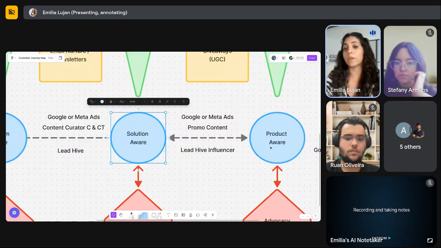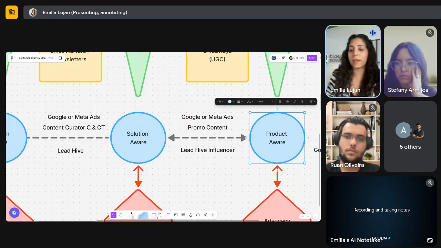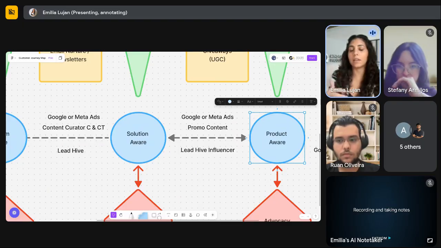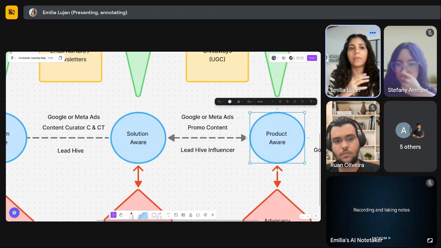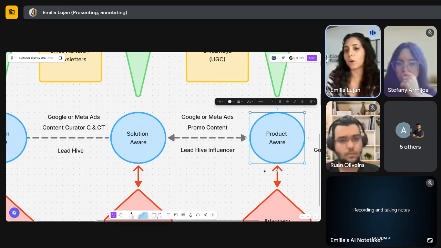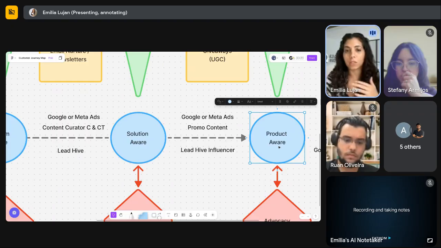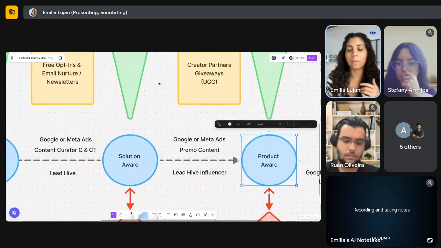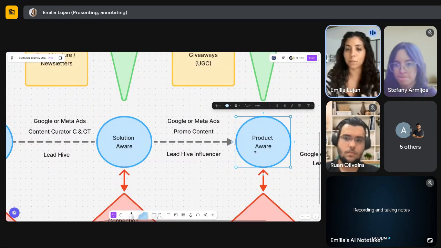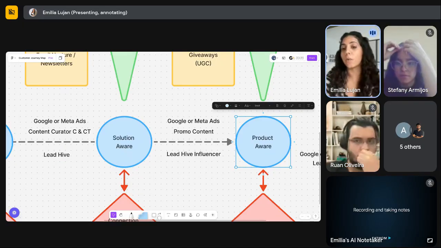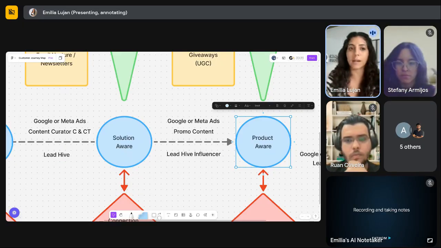And then of course there's people that are product aware. There's people that are so advanced that they have already looked at all of the different products out there, and they know that they just want to buy the best collagen protein, or they want to work with the best hypnotherapist that they resonate with, right? So these people are already product aware. And of course, there are some strategies to get people from product aware to purchasing our clients' products, because maybe they went to a competitor and they weren't happy. So how can we get them to come back to us?